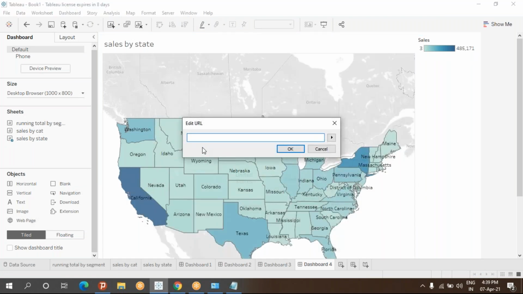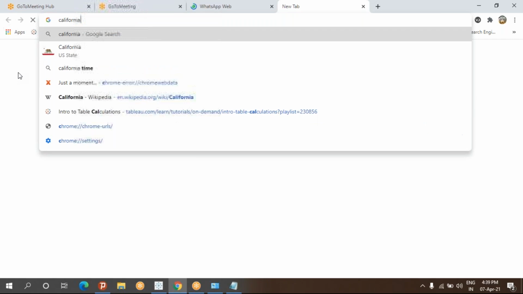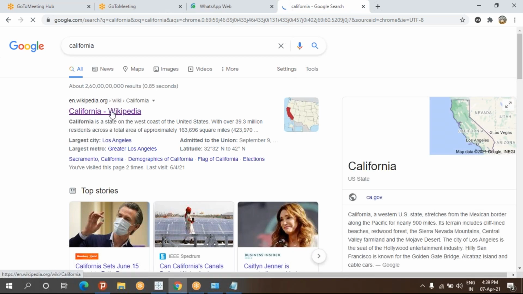Okay. So they're asking for the URL. So actually what we are going to do now is, as of now California is on top. So now I'll take the California report, means the URL from Google, the Wikipedia one, for example, as I did the same thing in the last class.